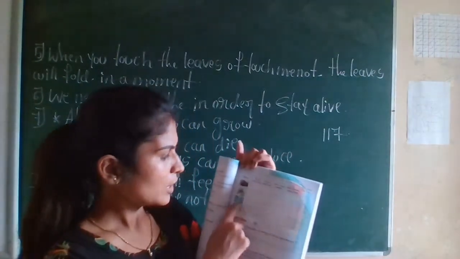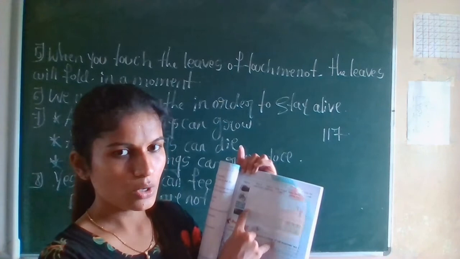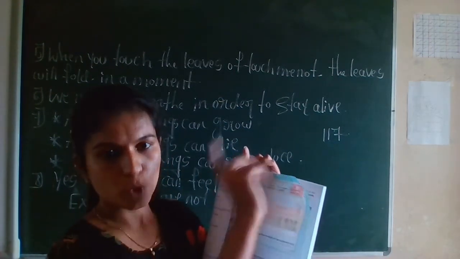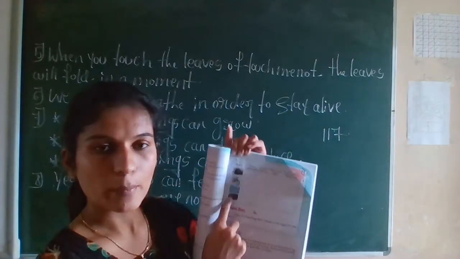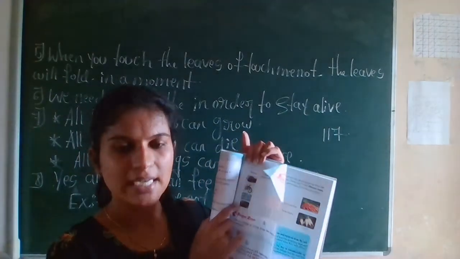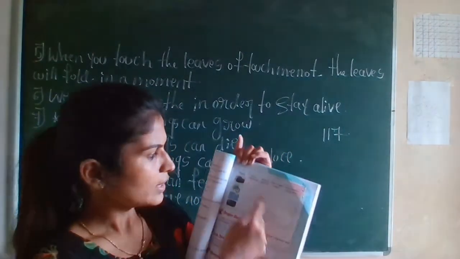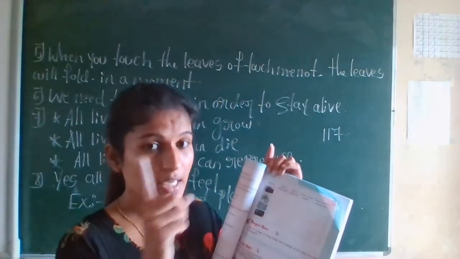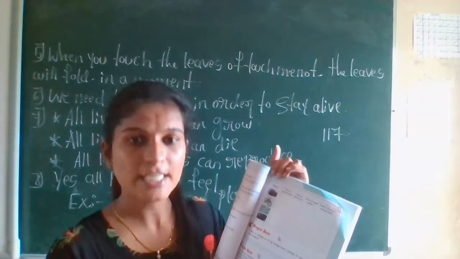Okay. What is the third object? Cloud. Okay. So does it need food? No. Does it need water? No. Does it reproduce? No. Everything is no. No barri. Okay. Next, what is that? Rose plant. It is a plant. Then does it need food? Yes. Plant is a living thing, so it needs food.